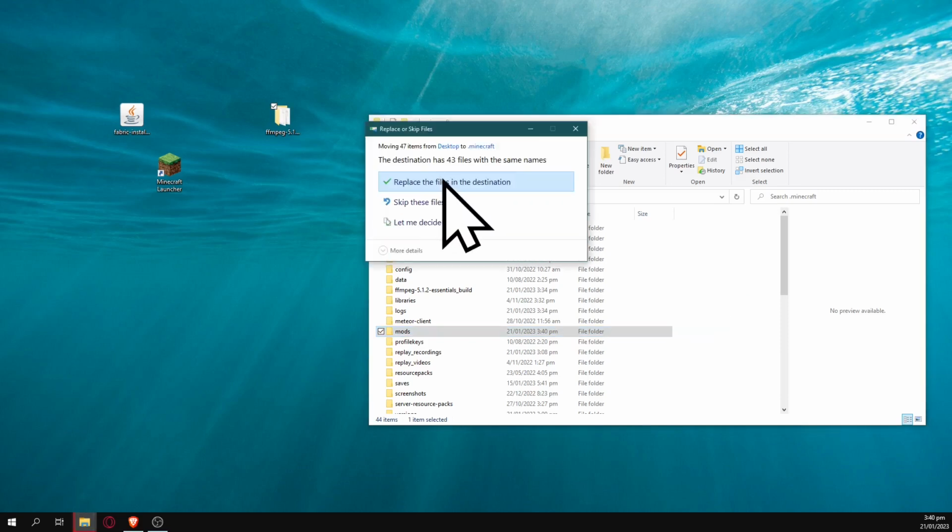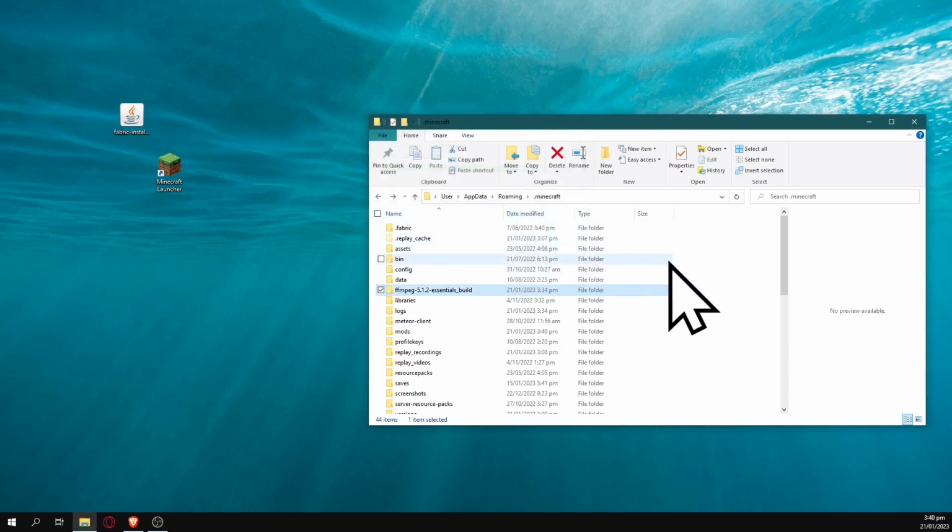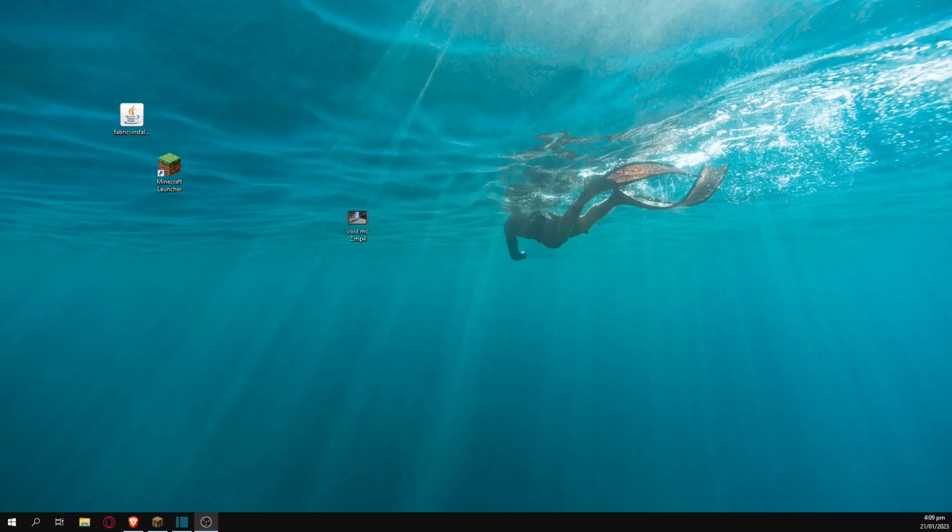And for me, I've already got it in here, so it's going to say replace files in destination, which is what I'm going to do. But for you, it should just drag in with no problems. So what you're going to do now is double click on the Fabric installer, and it's going